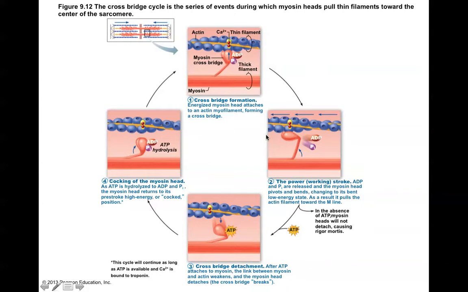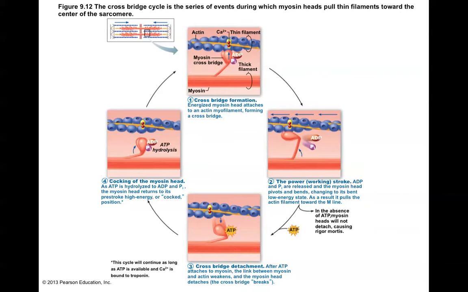And this keeps on happening. Again, we mentioned earlier that for every action potential that comes down the motor neuron and then along the sarcolemma, the calcium influx lasts for about 30 milliseconds. So technically, this could keep happening for 30 milliseconds as long as you still have calcium binding to the troponin and the actin active sites are exposed. You could keep on doing this as long as you have enough ATP, and technically you should always have enough ATP because inside of a muscle fiber, you remember you always have those